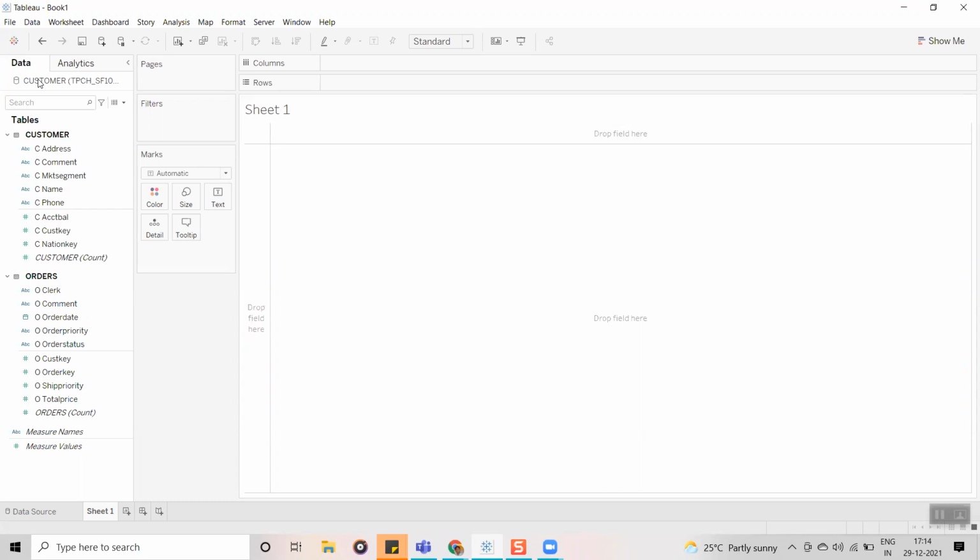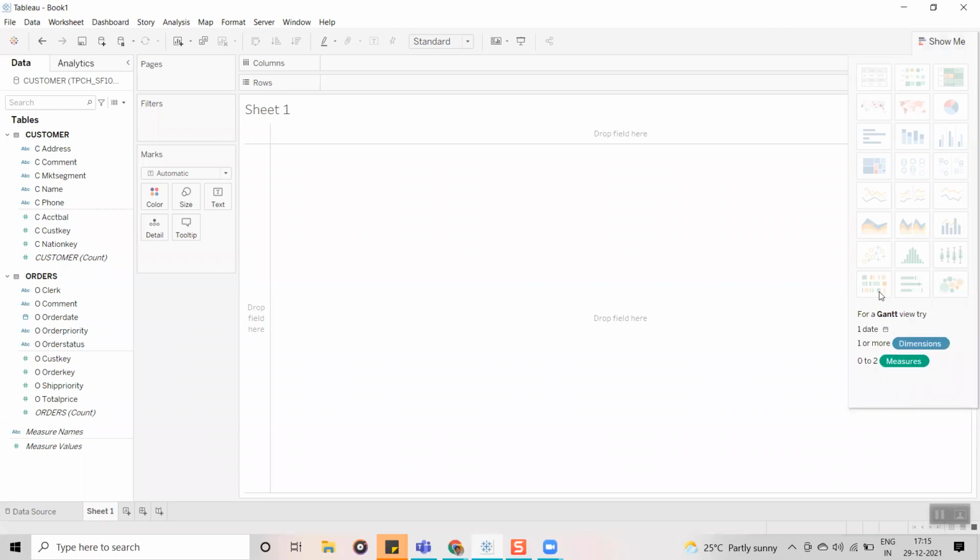So today we are going to learn the graphs. What are the different graphs we have in Tableau, and in which scenario we are going to use them. By default, Tableau gives us 24 visualizations. The graphs are available under Show Me. Once you click on this Show Me button, you can see these are the different visualizations, which serve different purposes.